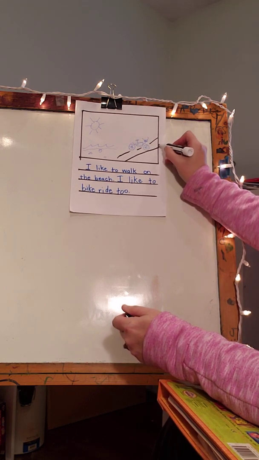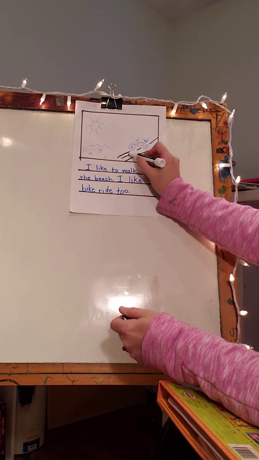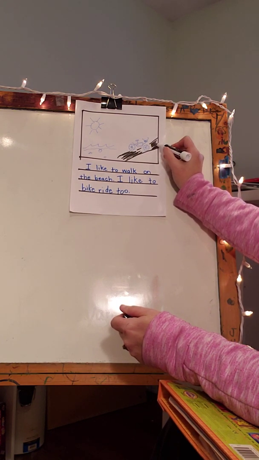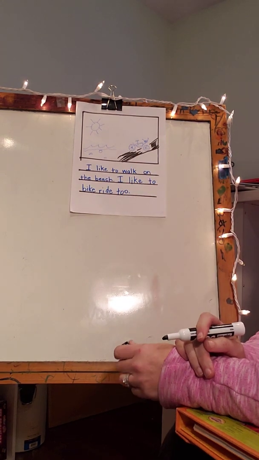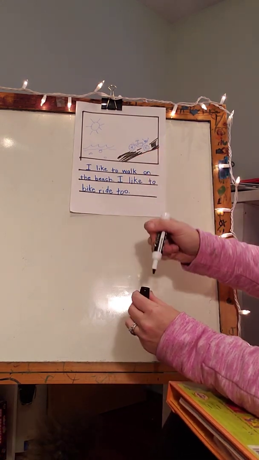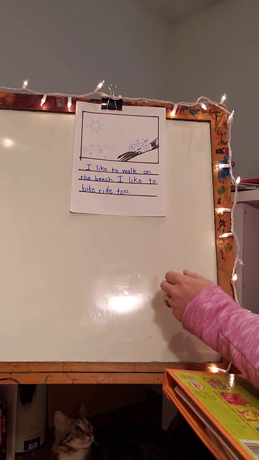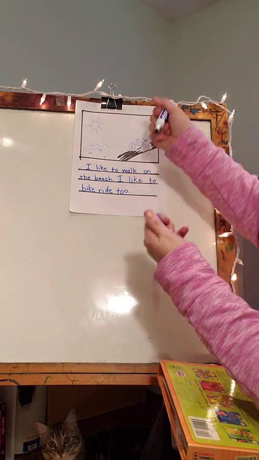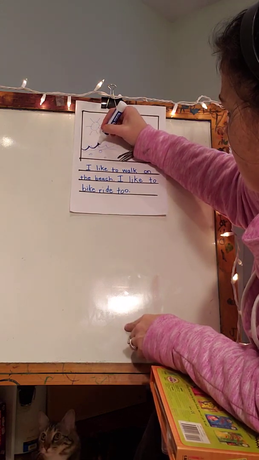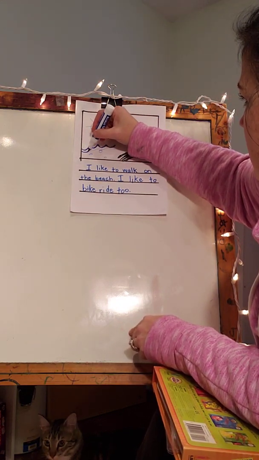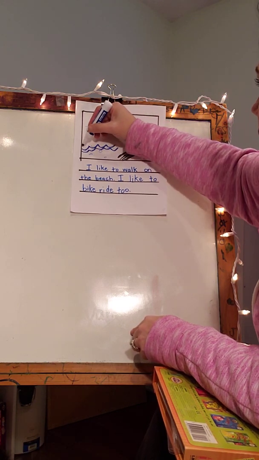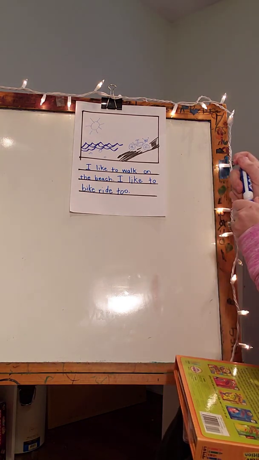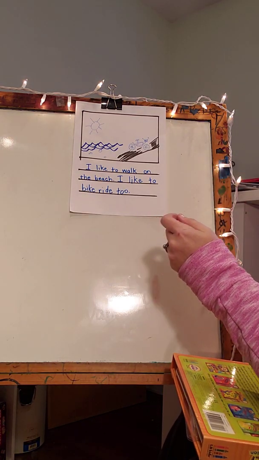a path, because I like to ride my bike on paths. So I'm going to put a path there. Kind of adds a little bit more to my picture. And instead of just doing a quick pencil sketch like some of our friends like to do, I think I'm going to add some water, some more water there, and